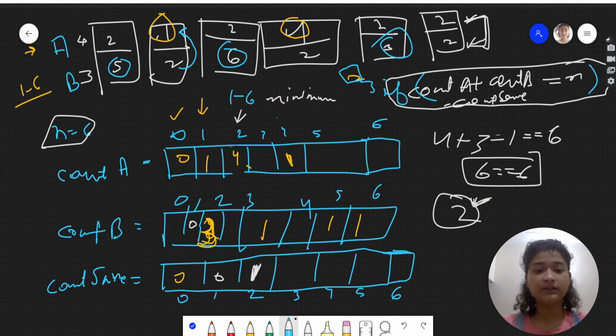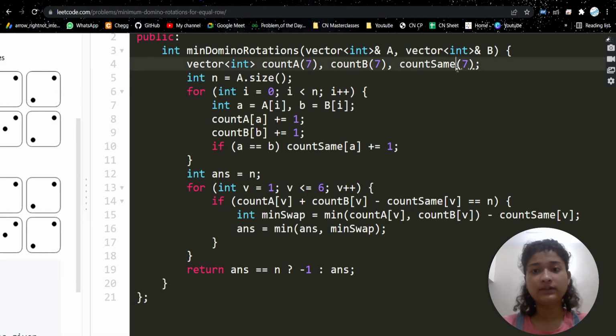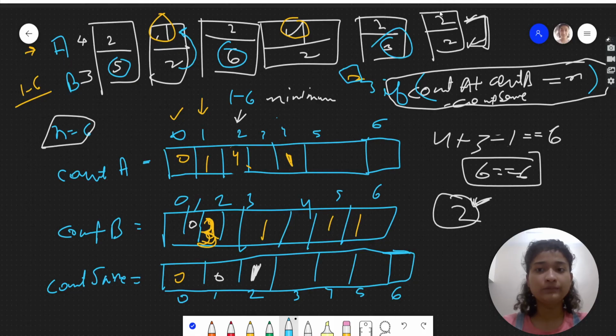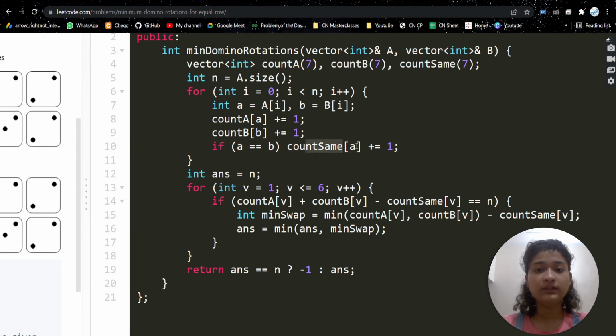Then n is the number of dominoes given. We are going and storing the count of each number on the domino, and if they are the same, a is equal to b, that is 2 is equal to 2, meaning this is the same one, so just count same, increase by 1.